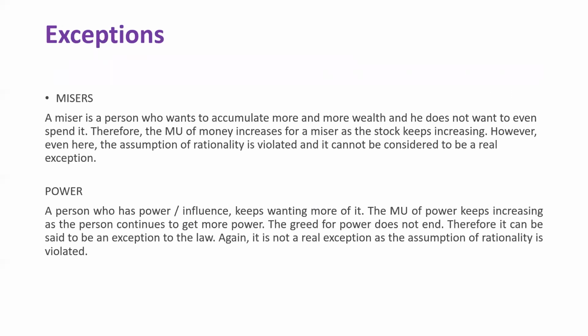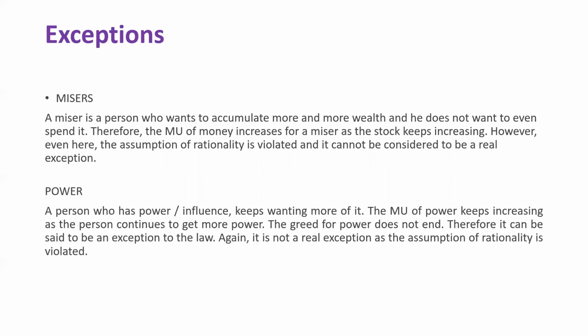A miser is a person who wants to accumulate more and more wealth, and he does not want to even spend it. Therefore, the marginal utility of money increases for a miser, as it keeps increasing. However, if we consider the assumption of rationality, it is violated. It cannot be considered to be a real exception. Why is it not considered? Because a miser is not a